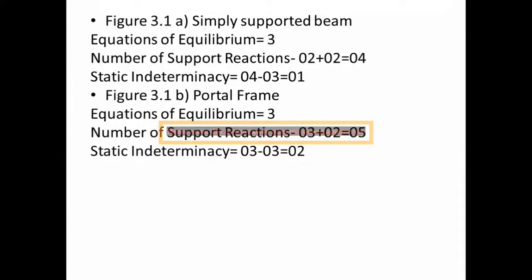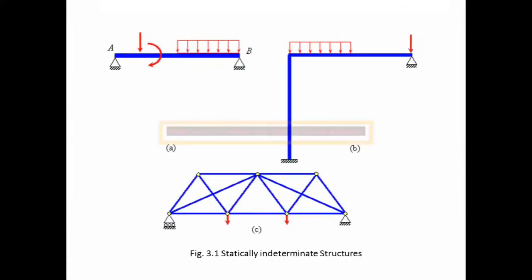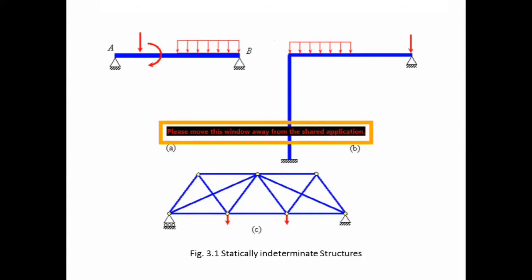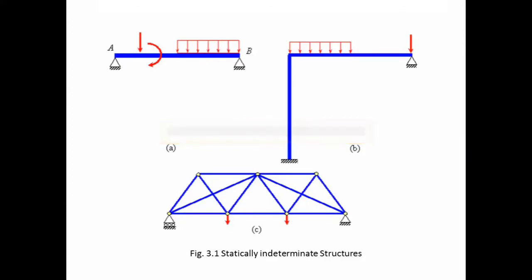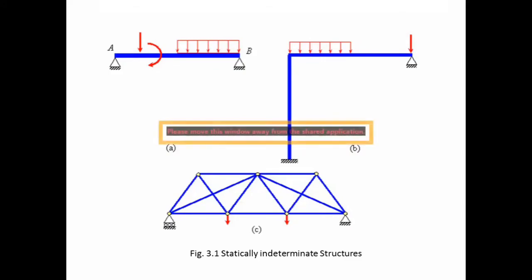Now we will go for the truss. I will go back to the previous slide again. Here is the truss. Same equation we will apply. Please recall the equation m plus r minus 2j. So now tell me how many members are here? 13. There are two diagonal members we have added. Previously there were 11 members. Now there are two additional members, so they are 13.